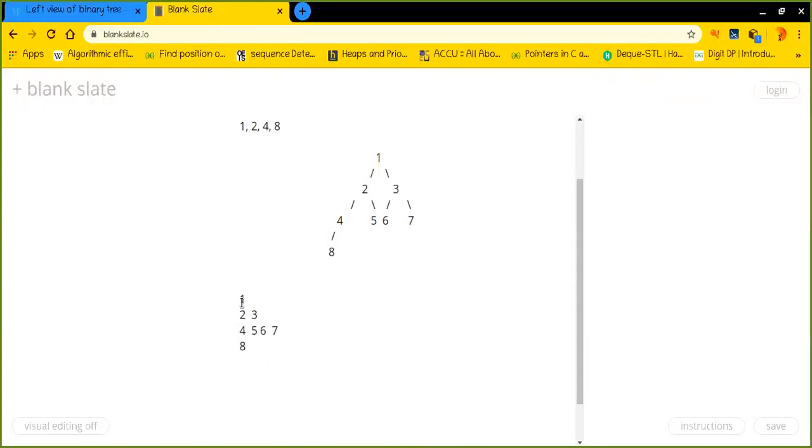The first column of the level order traversal is the answer, isn't it? 1 2 4 and 8. Why? Because we are traversing from left to right in each level. So by traversing from left to right, we can store the first element which we encounter in our traversal.